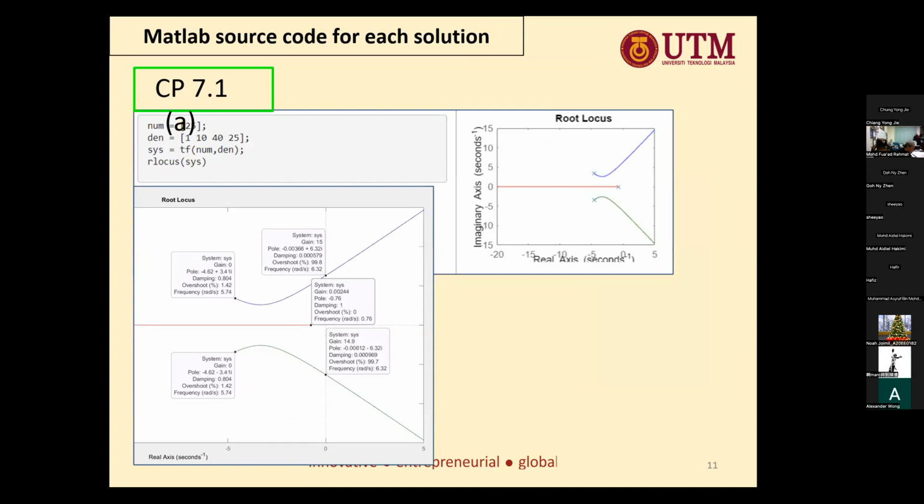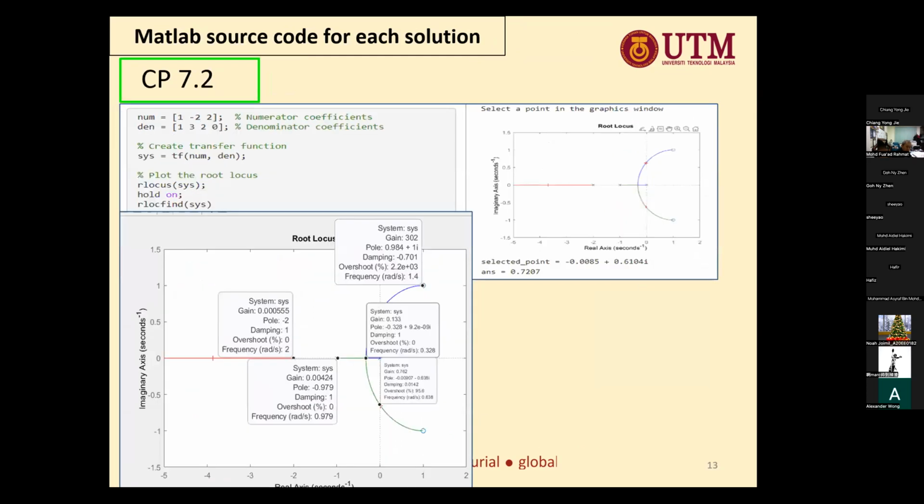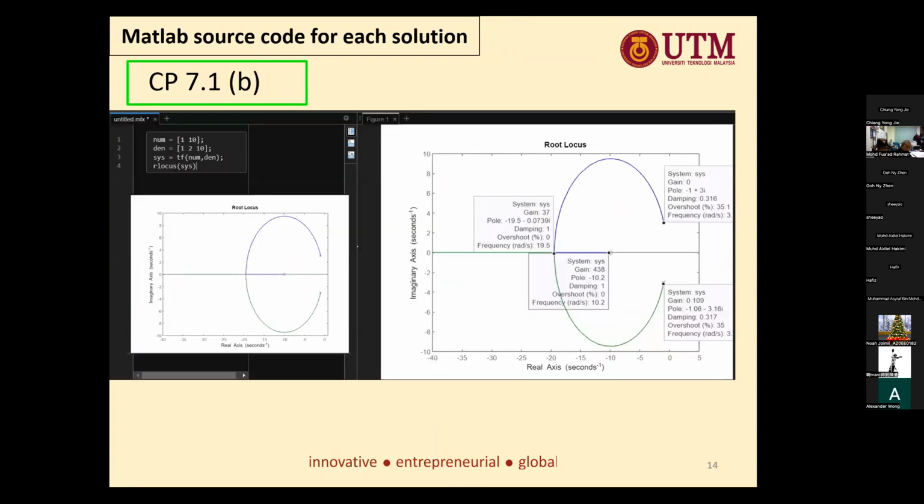So this is our MATLAB result for 7.1a. We also point out some important points, for example the poles and zeros. And this is for 7.1c, and this is for 7.2. All the important points are already pointed out. Can go to 7.1B. The group focus is the shape like this, and all the poles and the